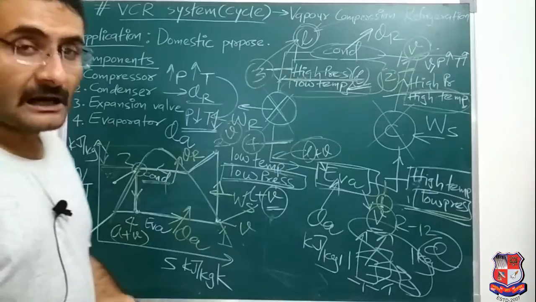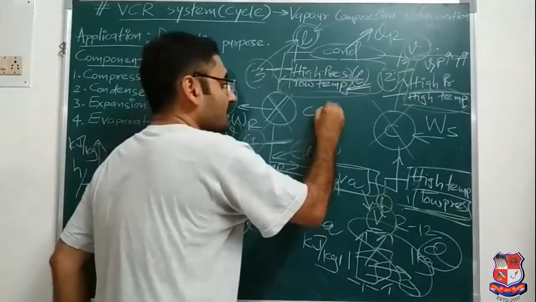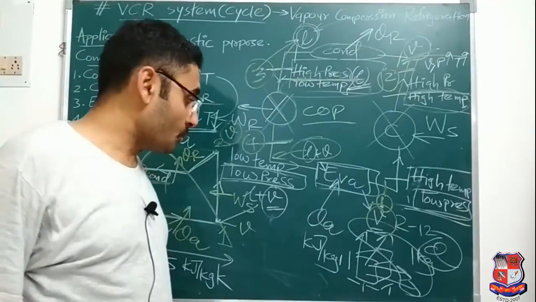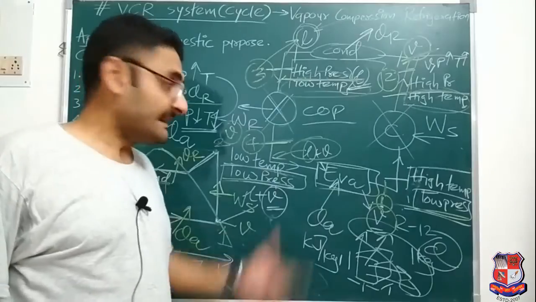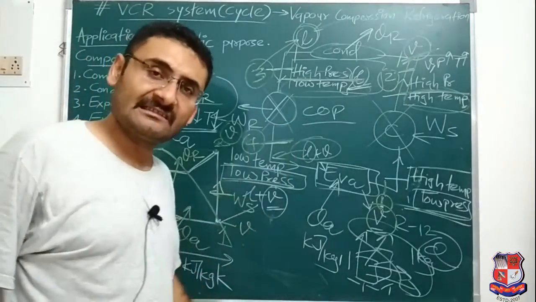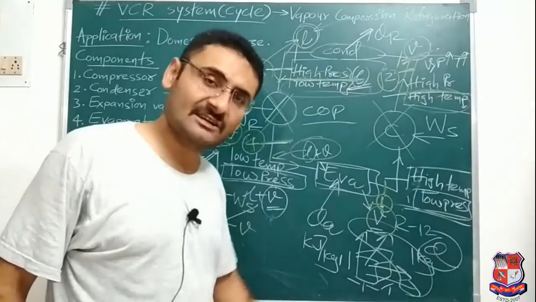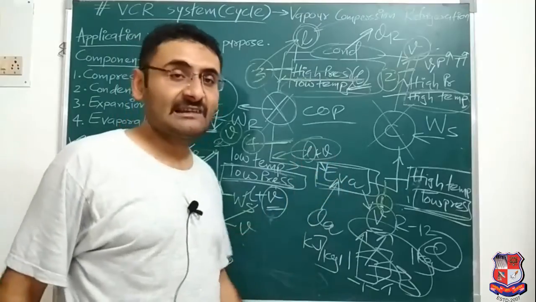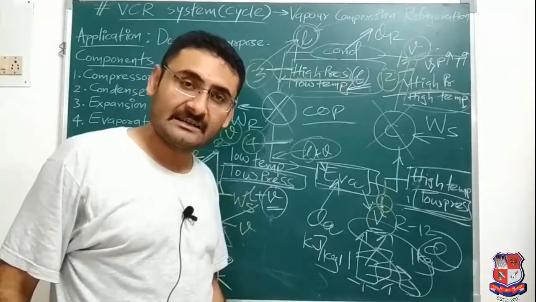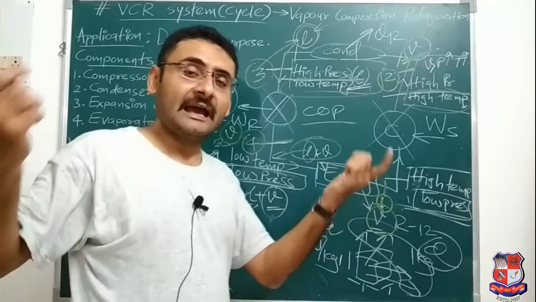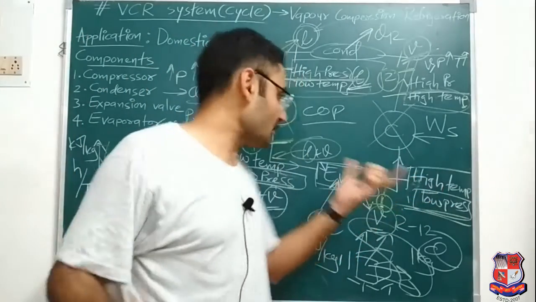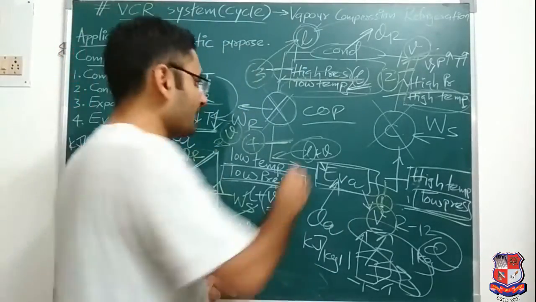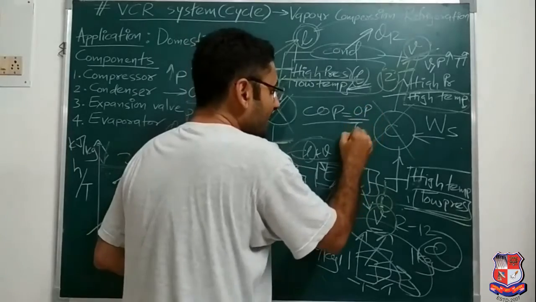Now after this, the last topic in this portion is COP. COP means coefficient of performance. That COP will indicate the efficiency of your fridge or of your refrigeration system. In the case of an engine we say efficiency, but for refrigeration or air conditioning we use the word COP. COP and efficiency are both the same. Efficiency means output by input, so I will write COP is equal to output by input.